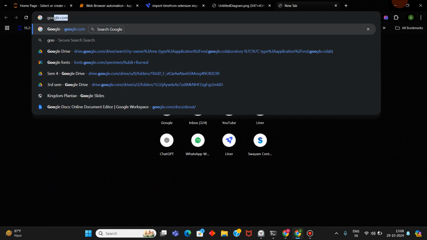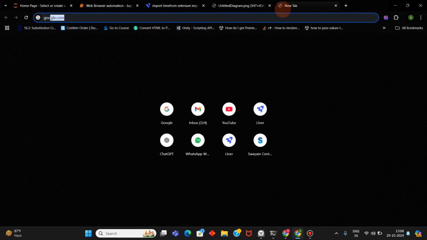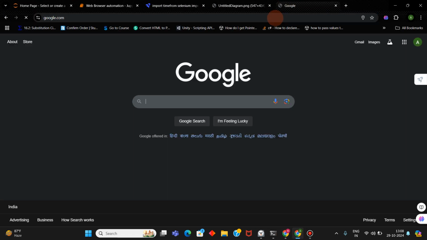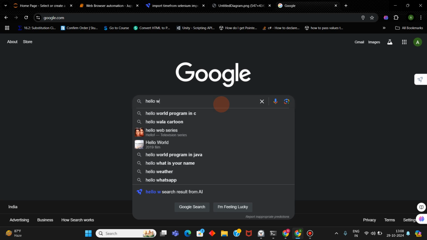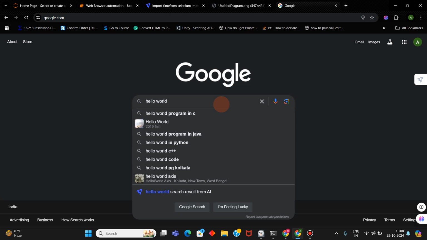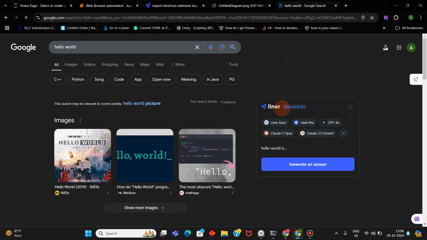Okay, so what happens whenever you want to search something on Google, for example? You open your web browser. This is your Chrome browser. You type in the URL and search something manually over here. Say hello world. I'm searching for hello world programming C. Hello world, right? So a result comes in, and then